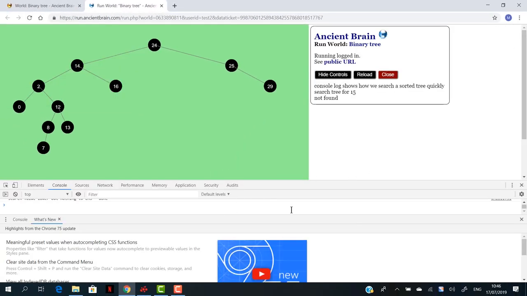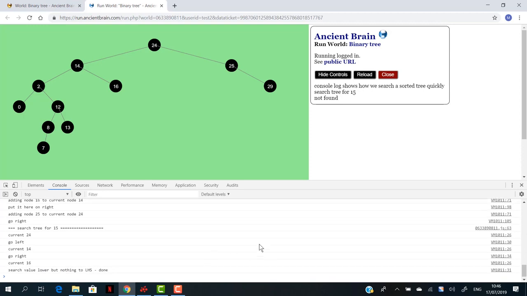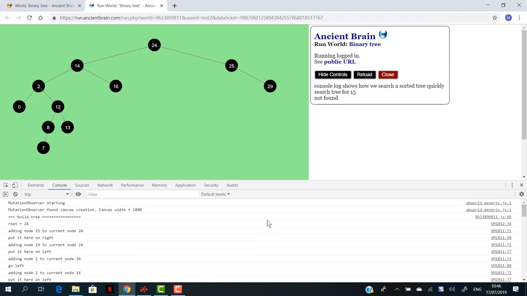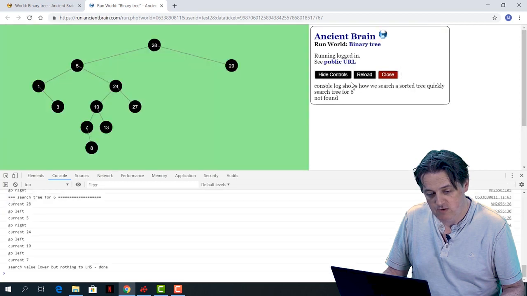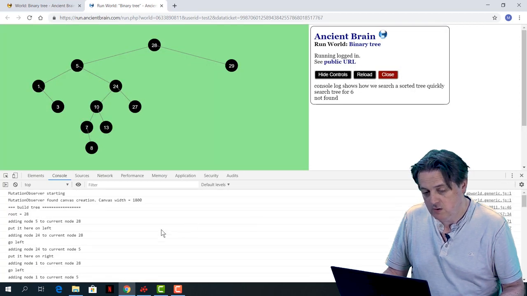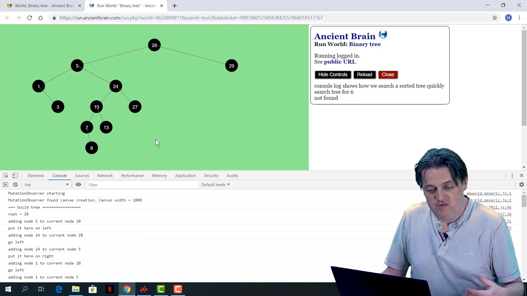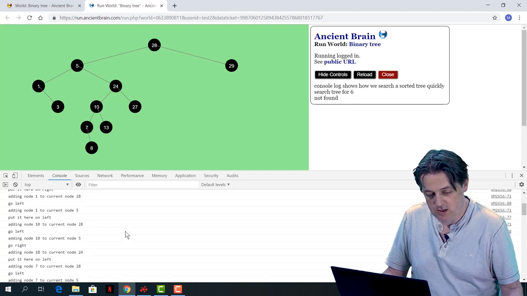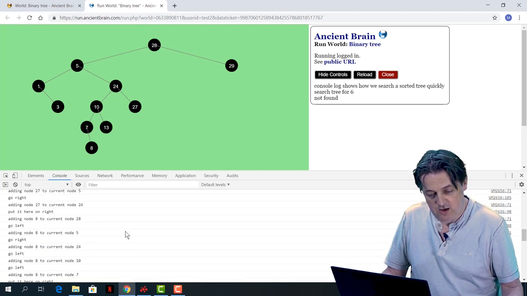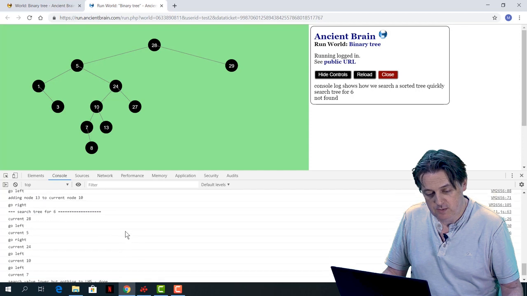And now what I'm looking at is what's going on every time I do a run of this world. So when I reload the world, you'll see in the console that it builds the tree, first of all. So it obviously has some random collection of nodes. It has to put them all into a tree structure. It builds the tree, and this is going to show you how it's going up and down to build the tree. And it's going to be your initial job to relate this to the code when we look at the code. So it builds the tree and logs what it's doing in the console, and then it comes down